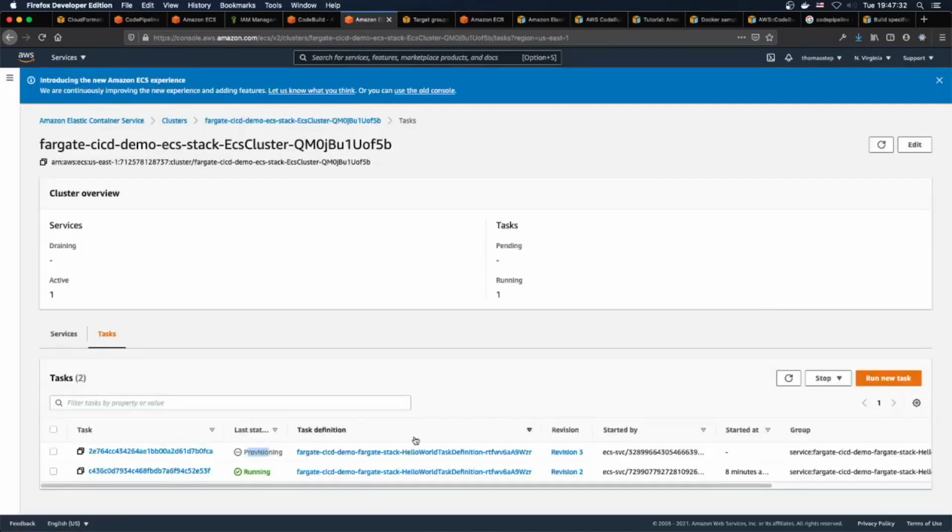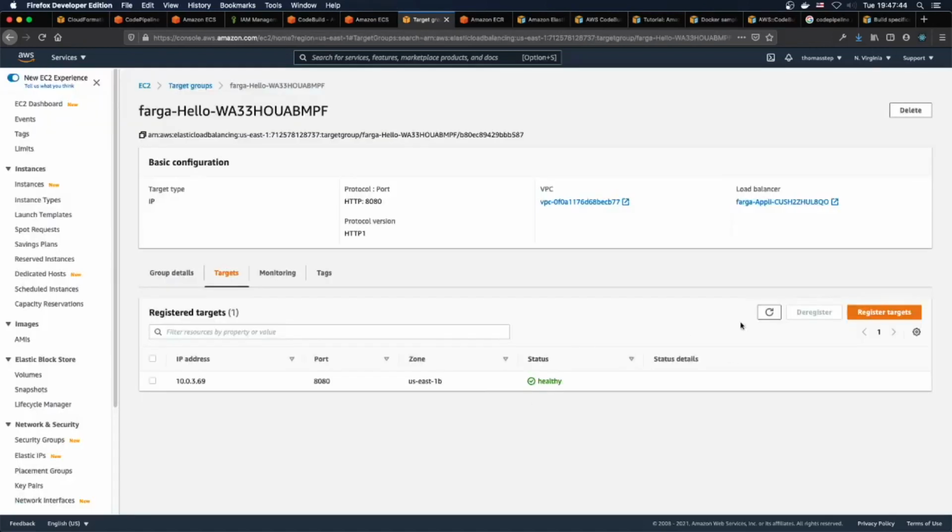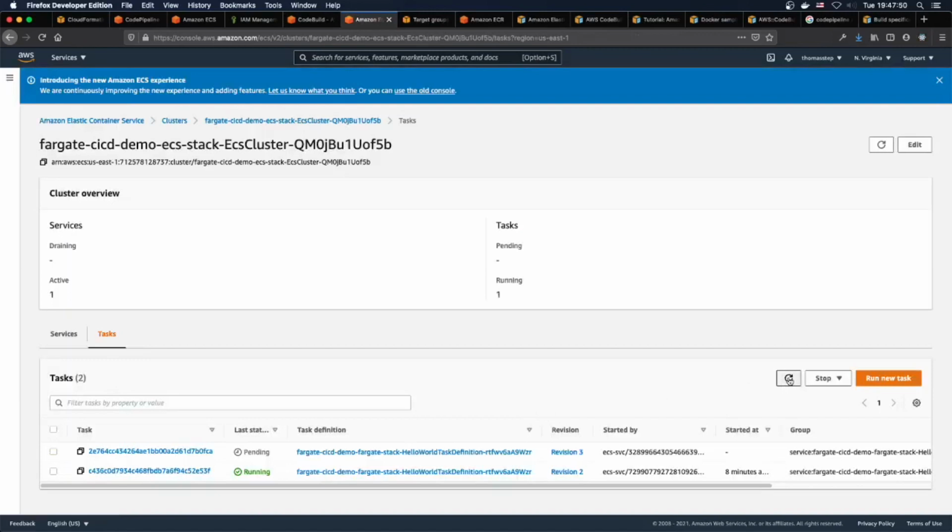And what really matters, so it'll provision in ECS, which means it's more or less spinning up an EC2 instance and putting the Docker image on it and running it. Once it's provisioned, then it'll register it with the load balancer. And once it's registered with the load balancer and healthy, and it starts deregistering